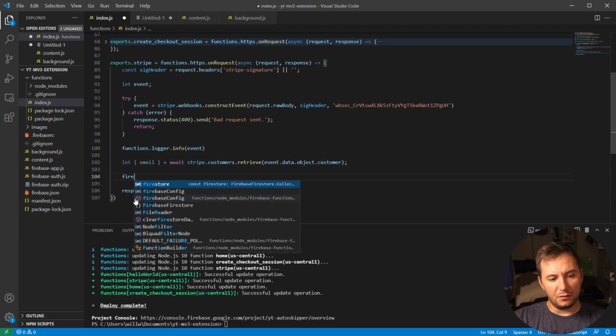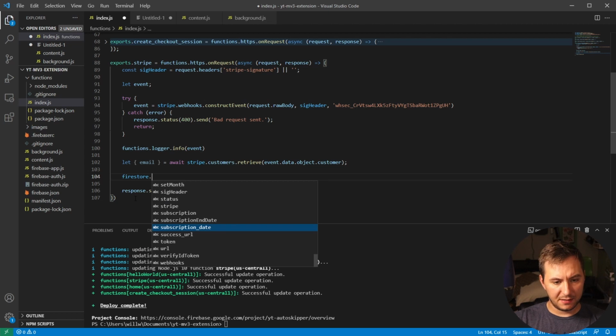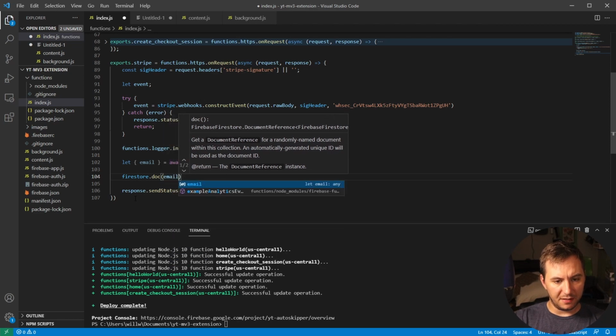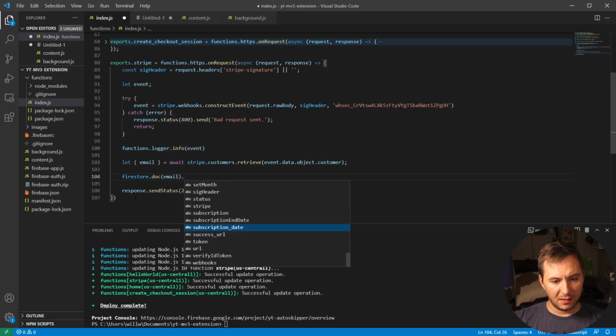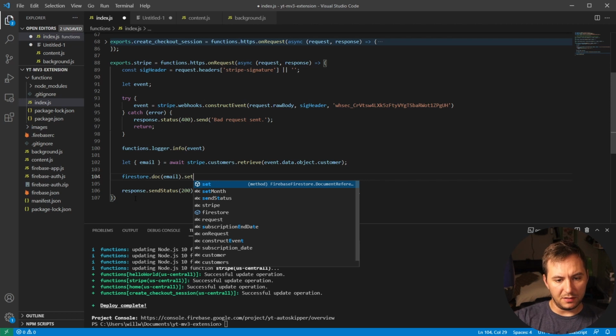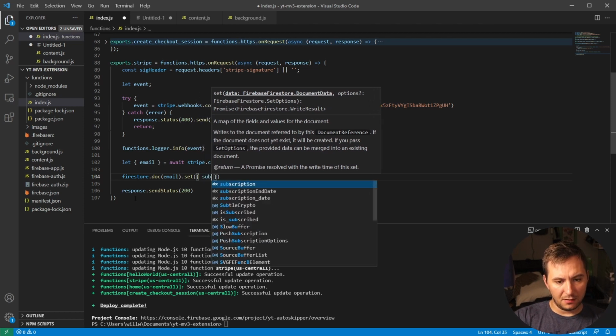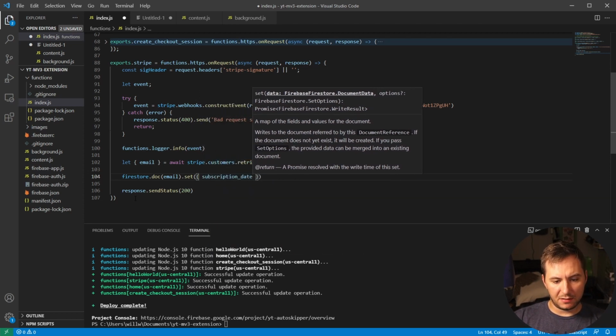And then we can do Firestore.doc, and then get the doc with the email, and then do dot set,